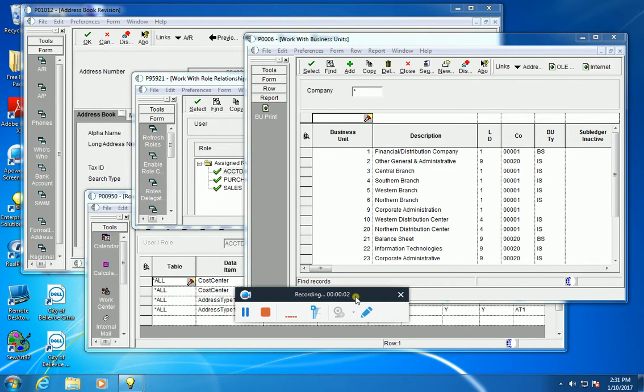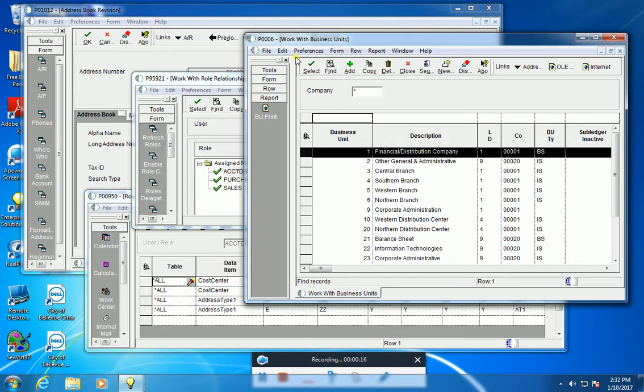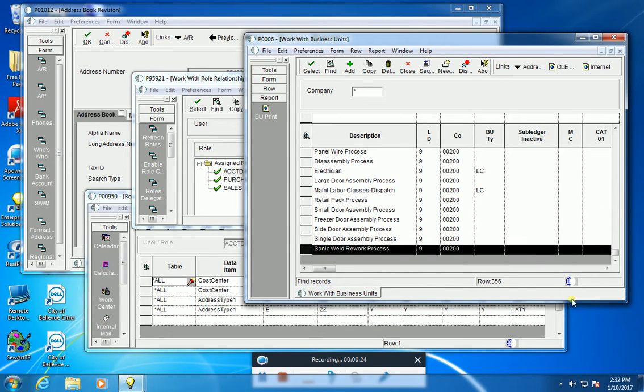This is an example of how business unit security, or row security, works. In this example, we have many business units, as you can see from looking at P0006. There's about 350 business units,